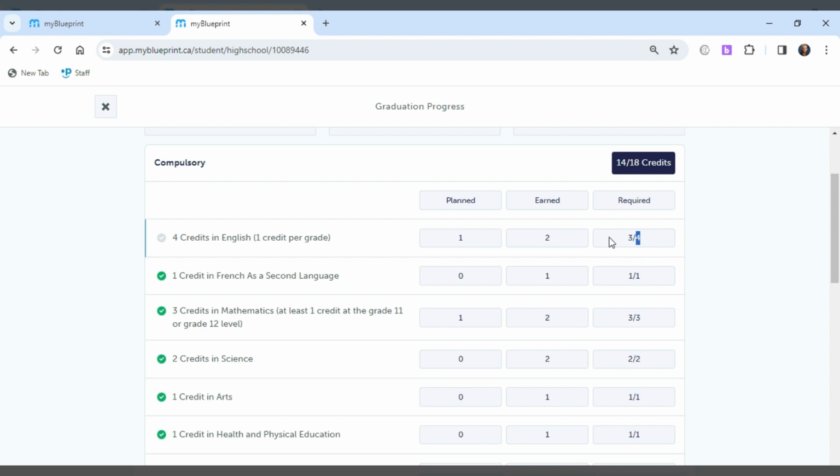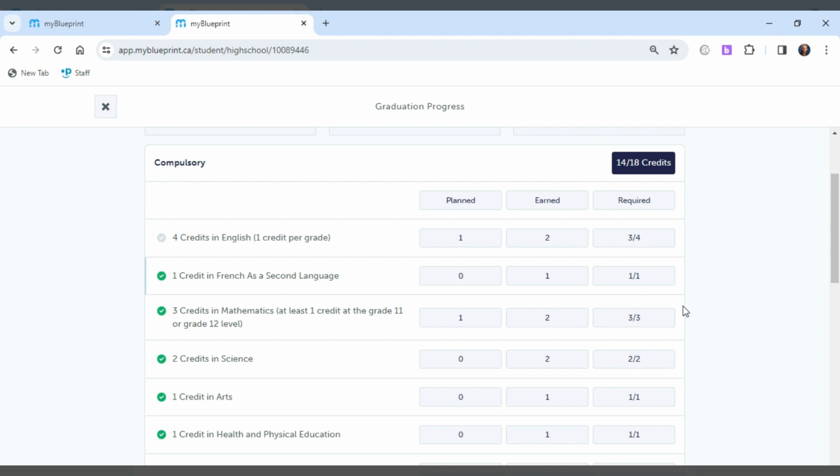And the number in front of it, 3, represents the sum of those credits that have been earned in that subject area, as well as those credits that are either planned for future years or in progress. So in this example here, this student has either completed or completed and planned 3 of those 4 English credits, which means that there's still 1 English credit that the student either has to complete or still has to plan